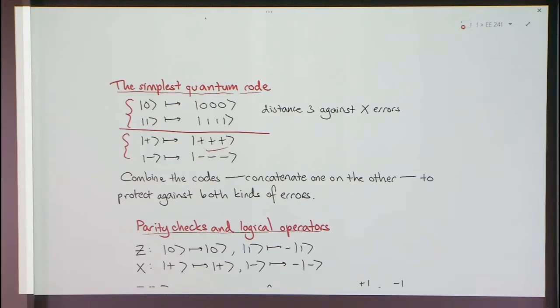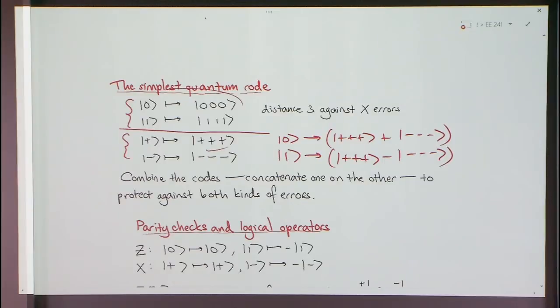And to see how that works, ket 0 is equal to ket plus plus ket minus over 2. So the second code takes ket 0 to plus plus plus plus minus minus minus, and ket 1 to plus minus minus minus. And so you just apply this first code, then each of these zeros you map into this 3-qubit state, and so you end up with a 9-qubit state. Each of these ones you send into this, and you have a 9-qubit state, so this gives you some 9-qubit quantum error correcting code.